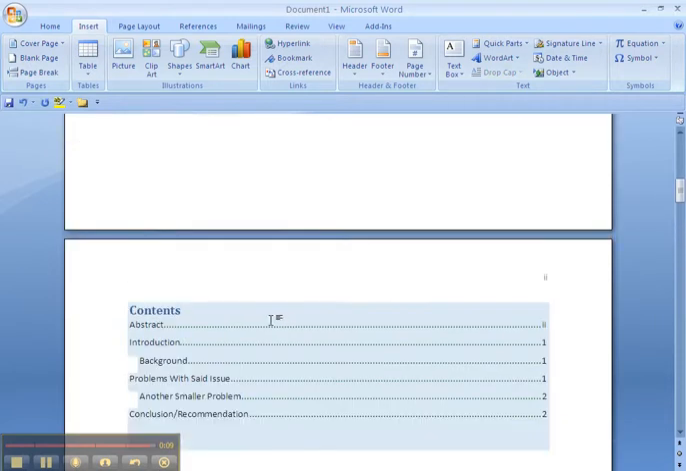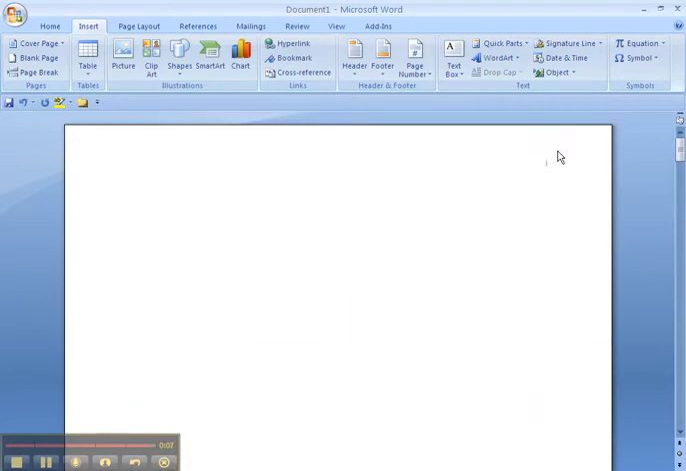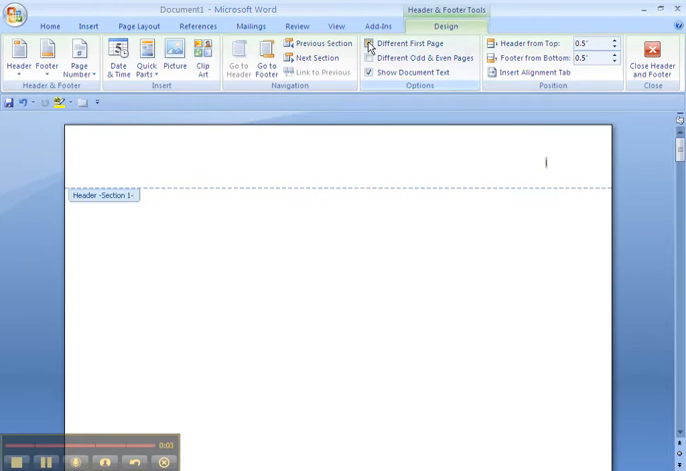So now you can see I have a page that could be my cover page. I can go in, select different first page, and take that page number